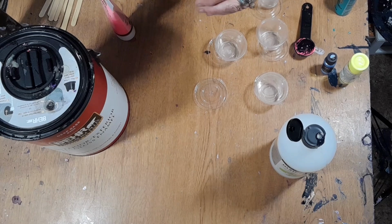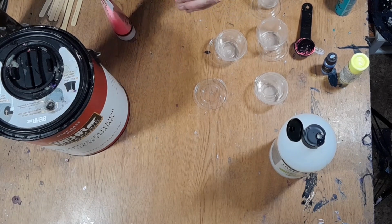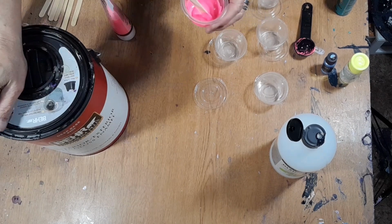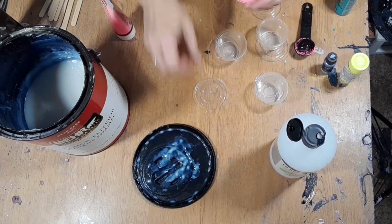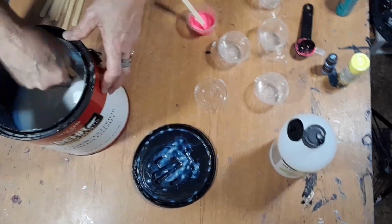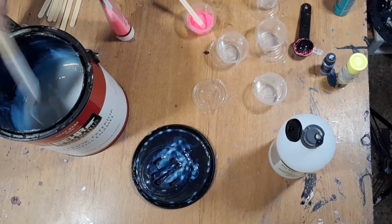Okay, so I mixed this up thoroughly with the Josanya, and you don't want to use too much Josanya either, because especially if you're doing cells or something like that, it will make your cells definitely wonky. So you don't want to do that. So mix it up good, and then we are just gonna,